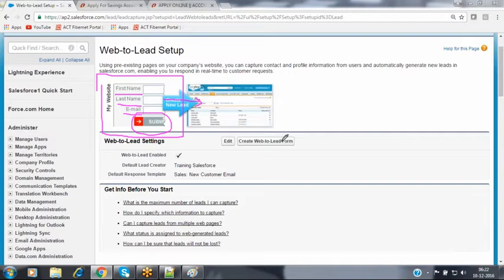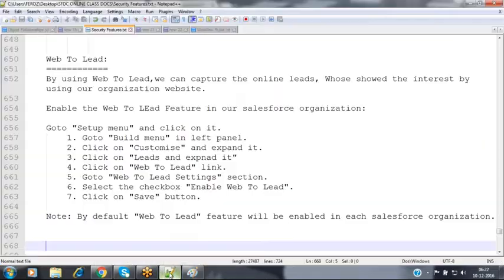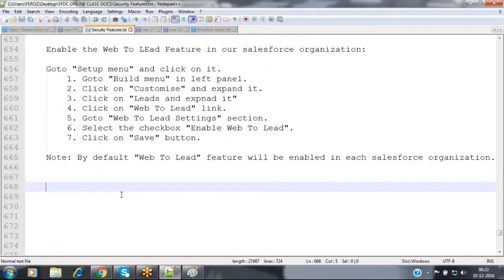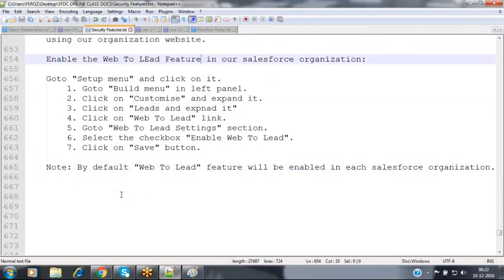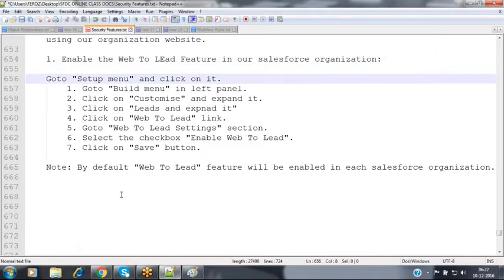So in this kind of scenario, we are going to generate this web to lead form. How can we generate this web to lead form? We will see practically here. Once we have enabled that, we need to design the graphical user interface. The first step is that we have to enable the web to lead feature inside your organization.